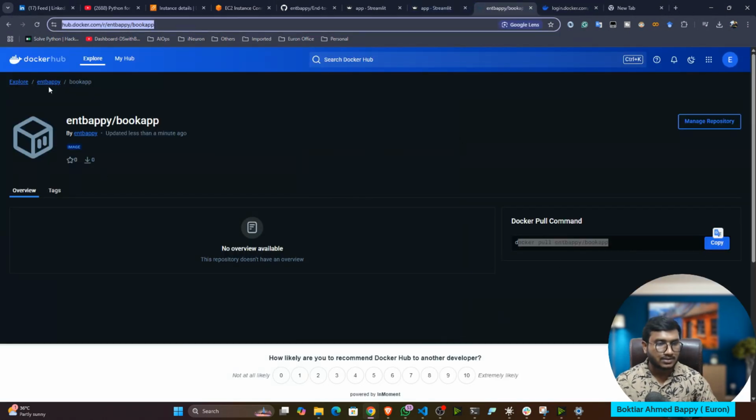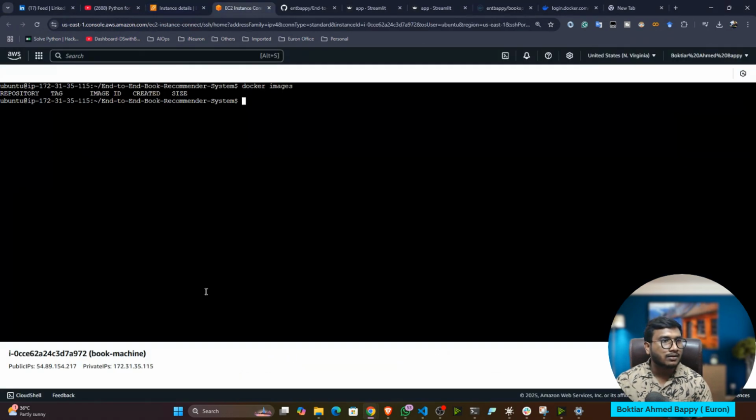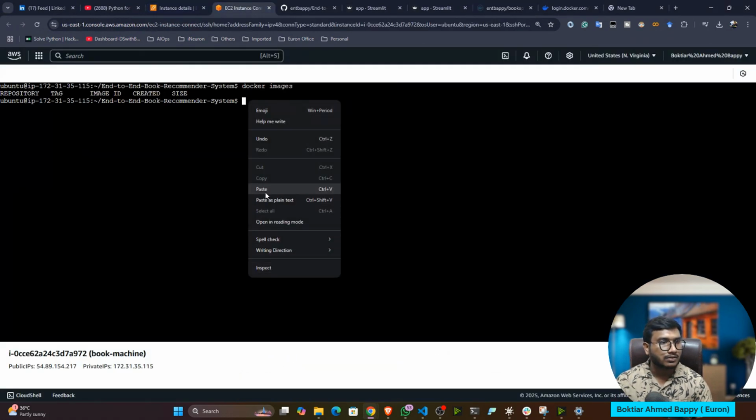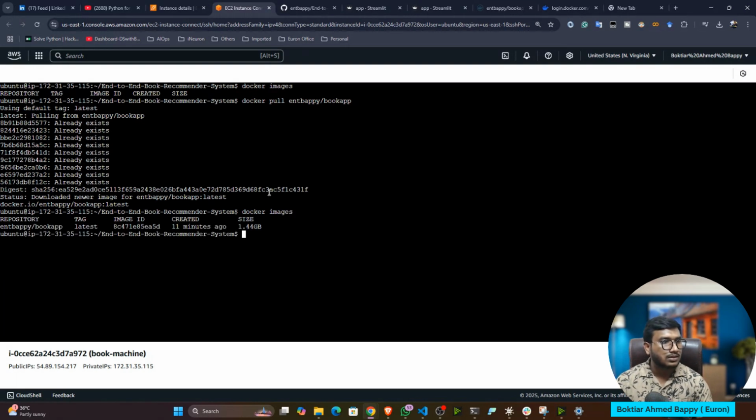You can also see it, guys. Let me show you. Just open the URL. Can you see my Docker image, guys? Just try to copy and execute it in your terminal, so this image will be downloaded to your system. Now if I again show docker images, see, this image is present.